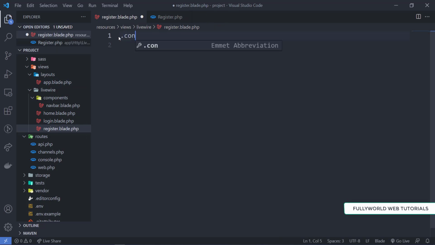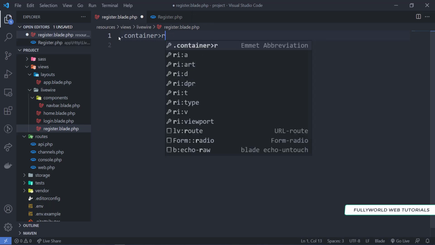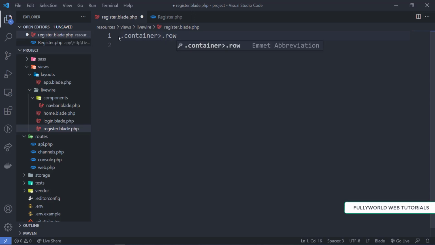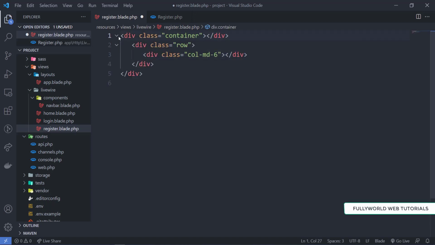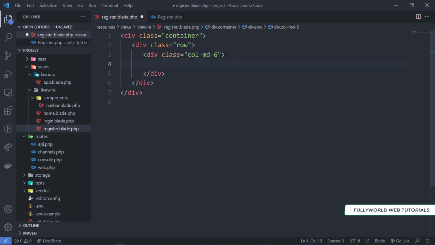There will be a container, then a row, and then a col-md-6. Press tab, and the div is created, with a row and then a column under it. As we have added Bootstrap, these are Bootstrap classes.